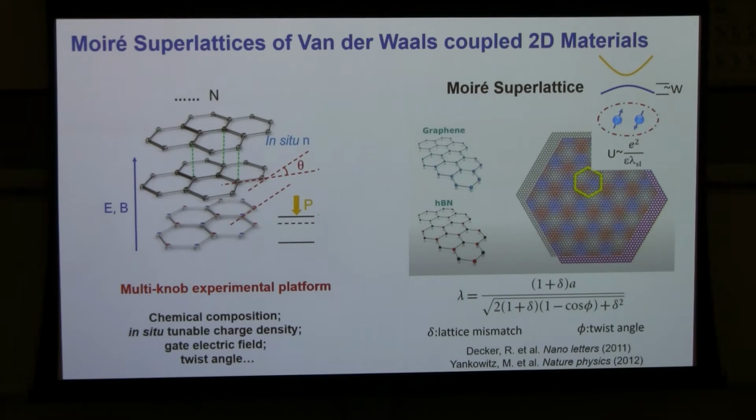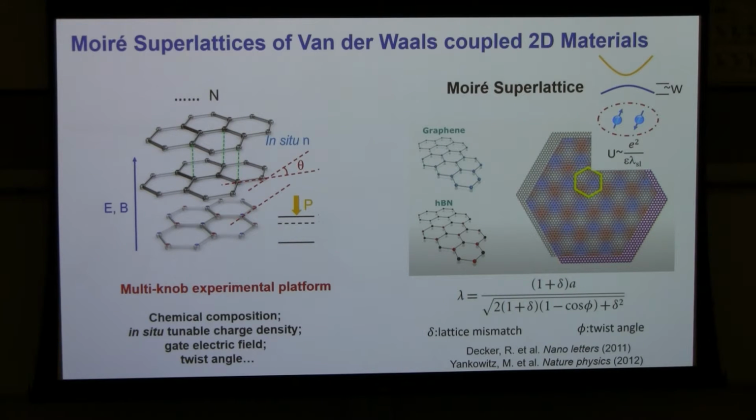You can choose a species of 2D materials. You can choose how many layers to put together. And you can choose how to put them together by introducing some structural change by, say, twisting them. And you are still in the two-dimensional limit, which means you can use gate electric field to control the charge density and the electric field independently. And especially since 2018, we have seen many works making use of this concept, so-called Moiré superlattice, that forms between two layers of 2D materials. And that adds even more flavor to this platform for studying correlation topology.